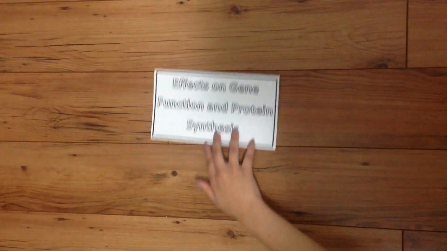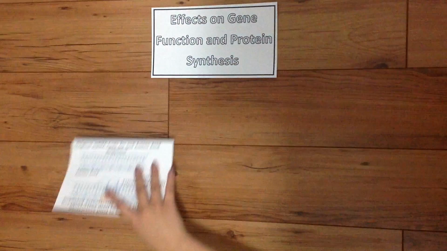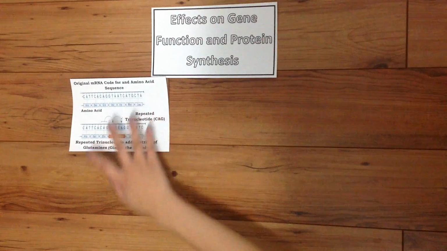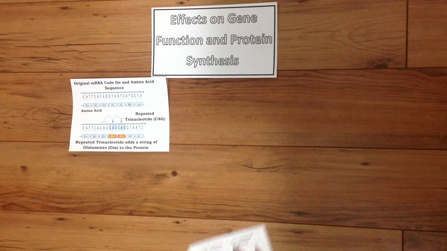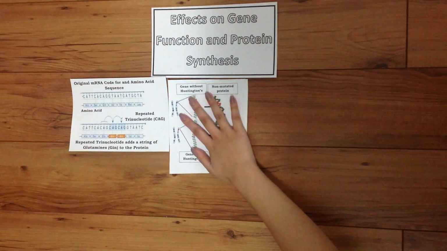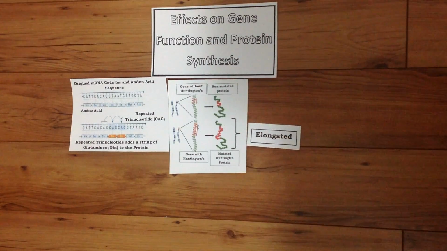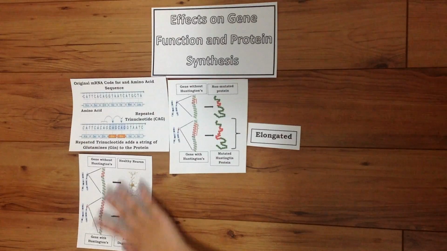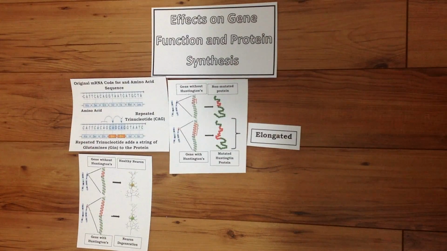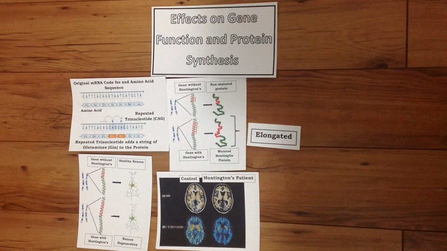Effects on gene function and protein synthesis. An increase in the length of the CAG segment caused by the mutation on the non-coding strand of DNA causes an elongated complementary mRNA strand. This results in the production of an abnormally long version of the huntingtin protein. This elongated protein is cleaved into smaller toxic fragments that bind together and accumulate in the brain neurons, disrupting normal cell function. This dysfunction and eventual death of the neurons in the brain causes Huntington's to be a progressive and